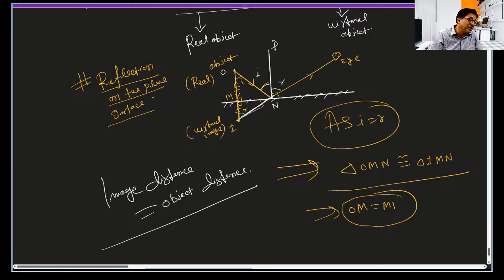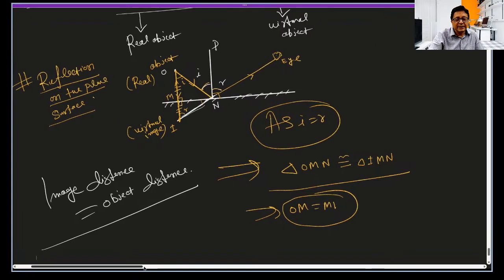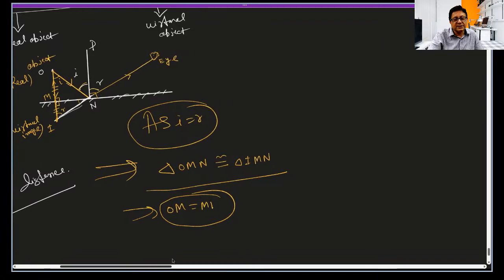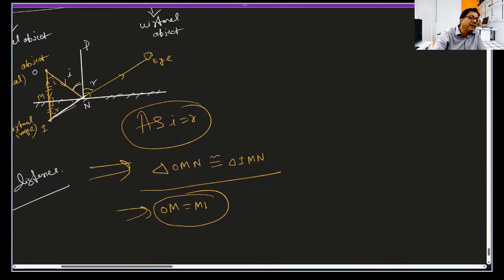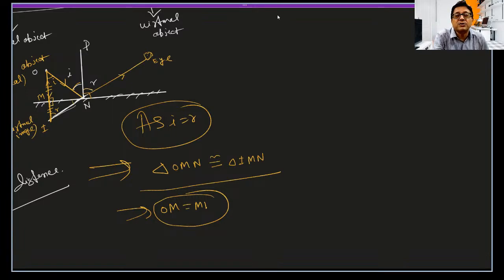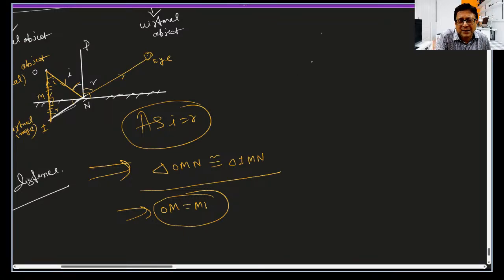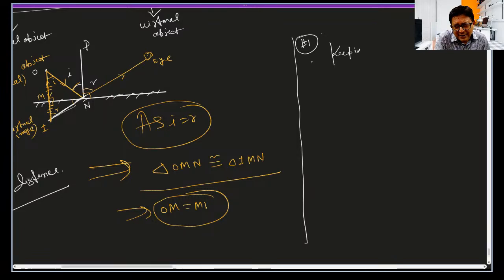How object may be virtual, that we can understand, but before doing that, let us do one experiment here. Based on this, we learn one very important thing, that by keeping the incident ray fixed, if we rotate the mirror by an angle alpha, then reflected ray will rotate by an angle 2 alpha. So let us solve this problem. You all try. So let us do one problem. Problem 1. Keeping the incident ray fixed,